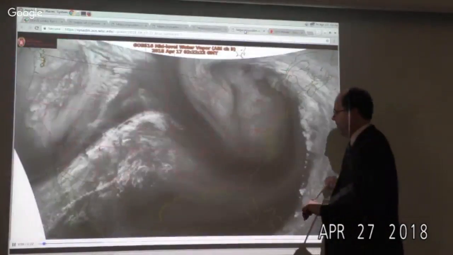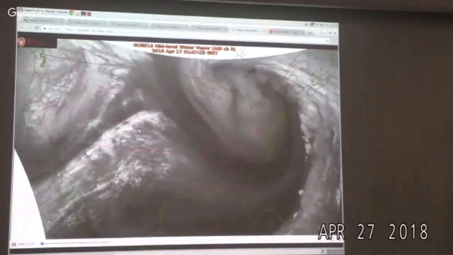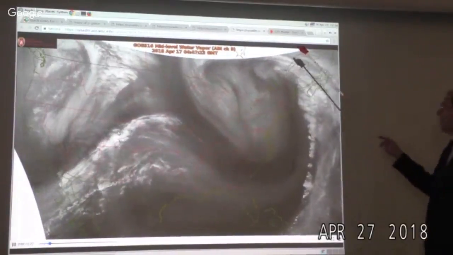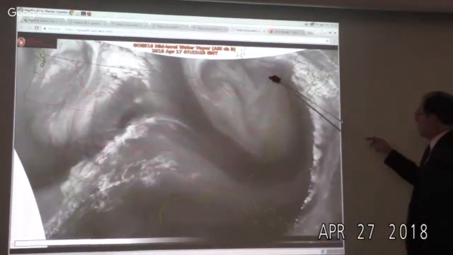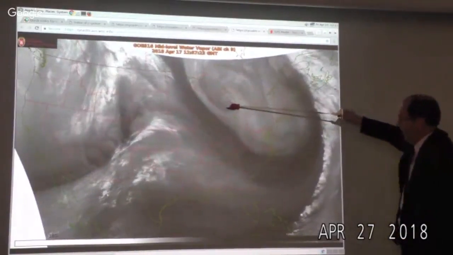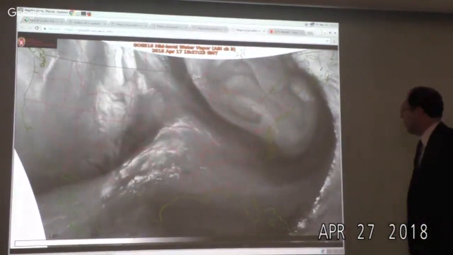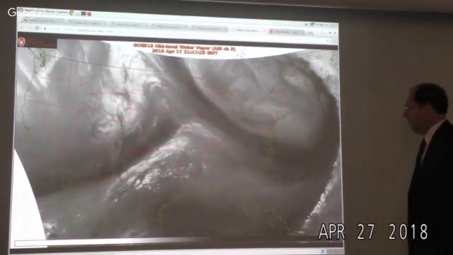I'm going to flip to a water vapor. Yeah, okay. It's even black and white for you, John. Yeah, thanks. So this is the beginning of the storm. But this was our Sunday storm that had given us 2 or 3 inches of snow, right. And so this thing had turned into a major circulation feature. This is what we got going on over us today, as it turns out, something quite like this, but further to the west. We'll talk about that in some detail with the current observations.